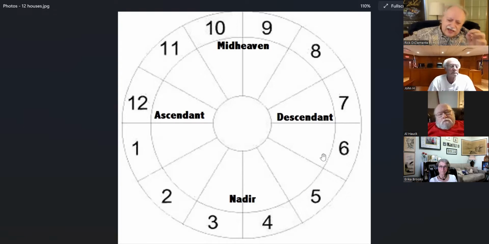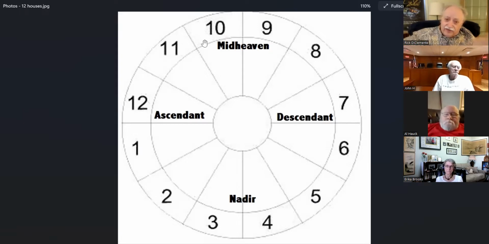Now, the sixth house is really important. And one of the main reasons it's important is that it's the last house of the first six. It's the last house before we come to they. This is about me. This is about we. Me and mine, us and ours. So the top half of the zodiac is about the collective. The bottom half is about the self. And the self is perfected in the final sign of the bottom, which is Virgo.